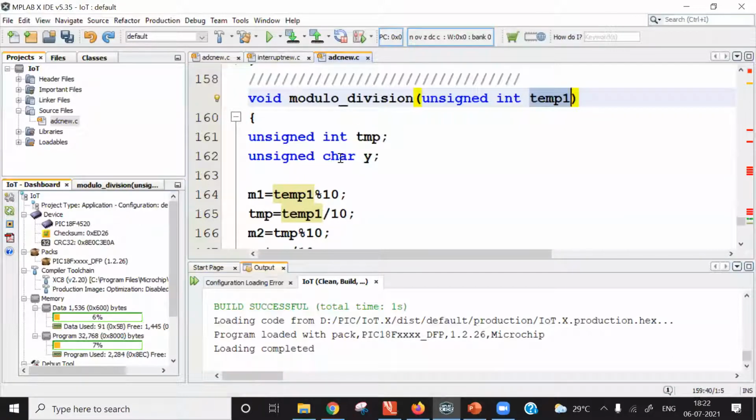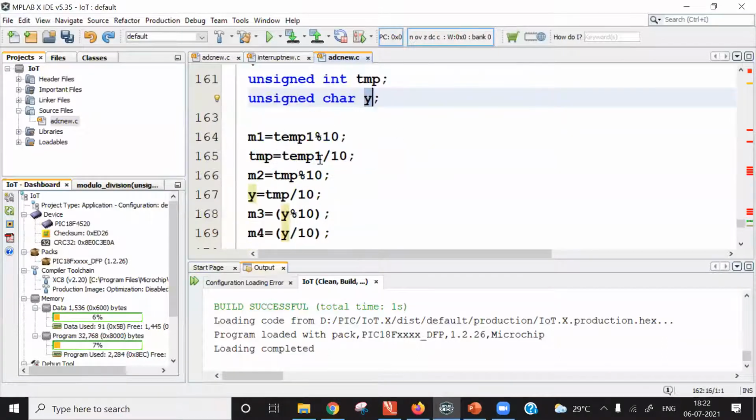Two more variables are created inside this function, integer and character type. The integer variable is TMP and the character variable is Y. With the help of this function, I am separating out the 4 digits in the result.